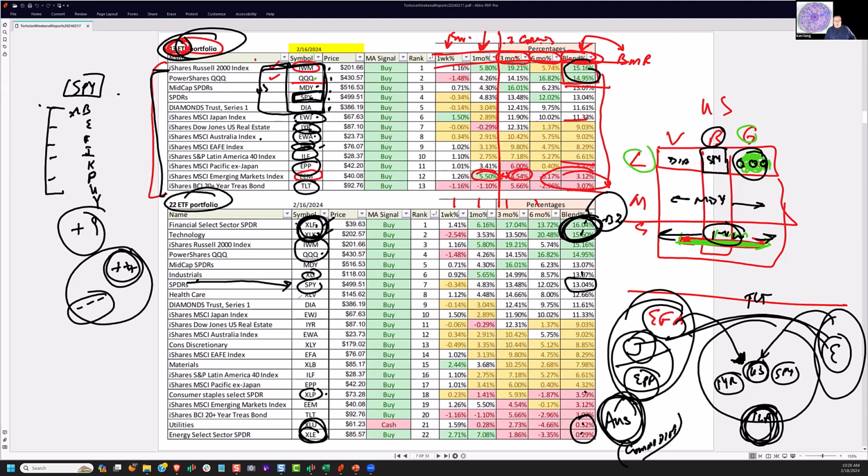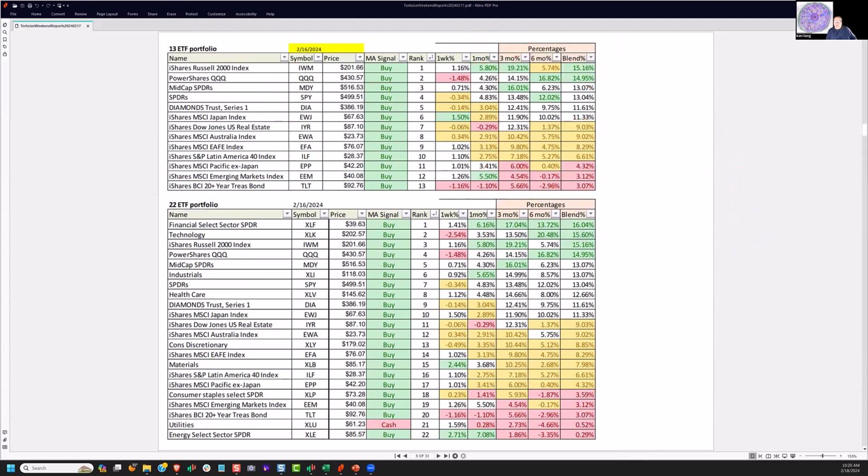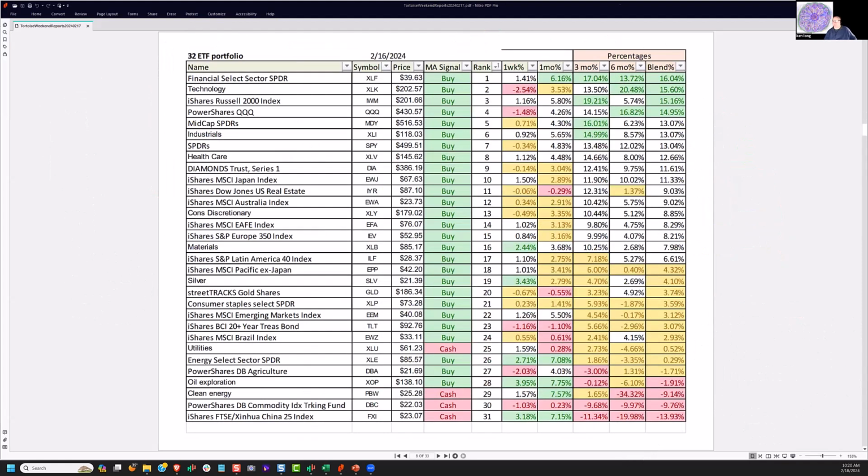So that gives you a reason to add a little more complexity to the model. If I take the ETF 22 and carry that forward and get to the 32, I'm adding another 10 symbols like the European 350, silver, gold, Brazil, agriculture,